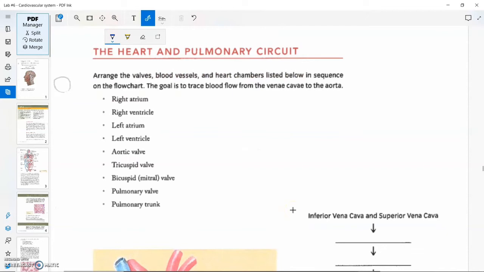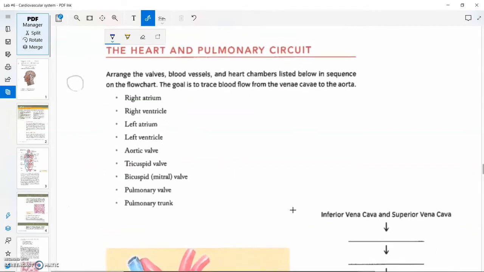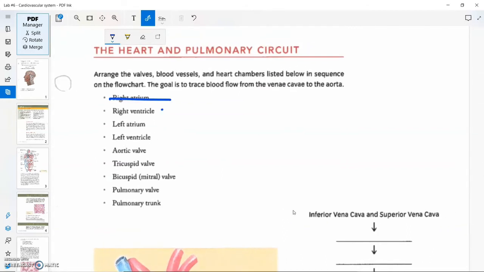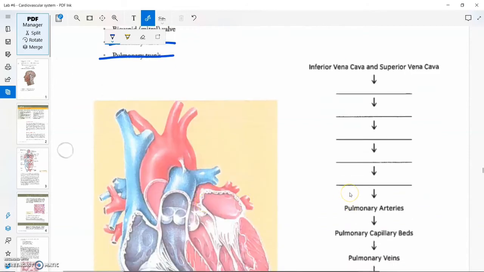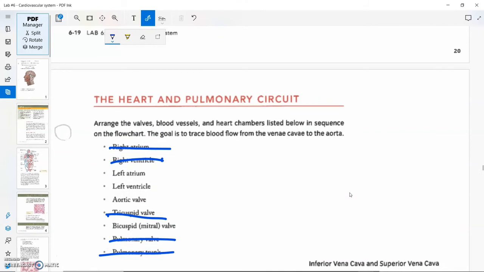Now, the pulmonary circuit, the heart and pulmonary circuit. So from the inferior vena cava and superior vena cava, blood enters the right atrium. Then, through the tricuspid valve, it enters the right ventricle. From the right ventricle, through the pulmonary valve, blood enters the pulmonary trunk. The pulmonary trunk delivers the blood. Here you can see the pulmonary trunk. It delivers the blood towards the